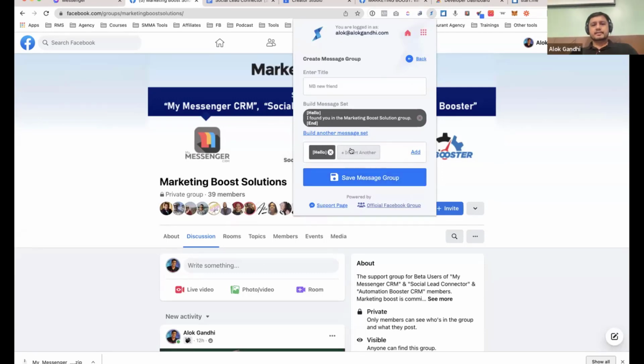You're basically creating a group and adding it to your database. We're not editing to save. We're literally creating a group and adding it to our database. I just added this here. So now it's done once off. I can use this anytime I go into Marketing Boost Solutions and want to add someone.